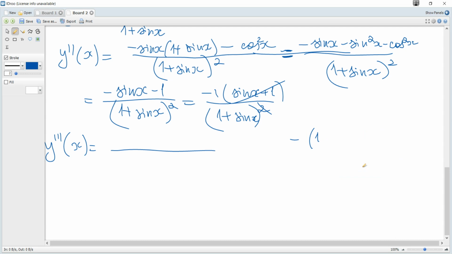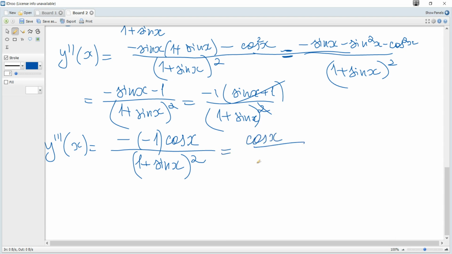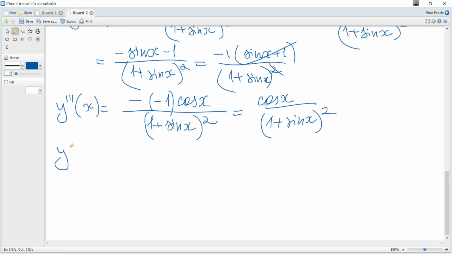Or if we apply the quotient rule, it becomes denominator squared in the denominator, and in the numerator we get the derivative of -1, which is 0, minus just the numerator multiplied by the derivative of the denominator, 1 plus sine derivative, which is cosine, and we can see that we get just cosine over 1 plus sine squared. And this third derivative, oh, it was the third, so the fourth derivative,